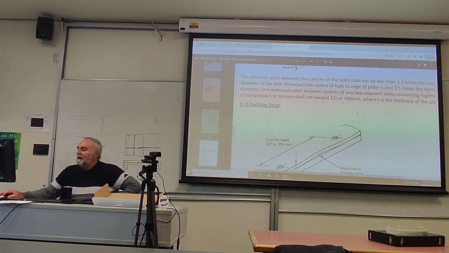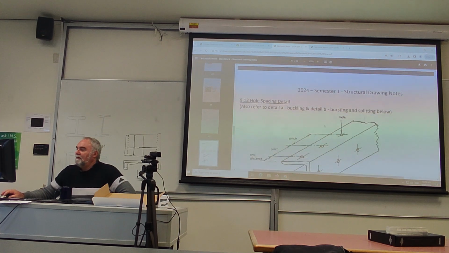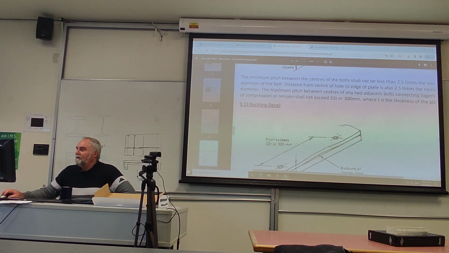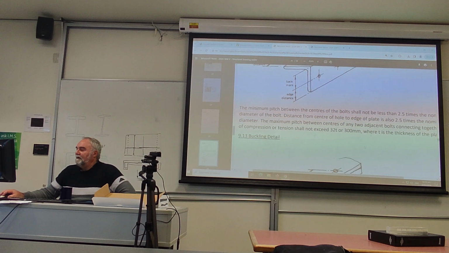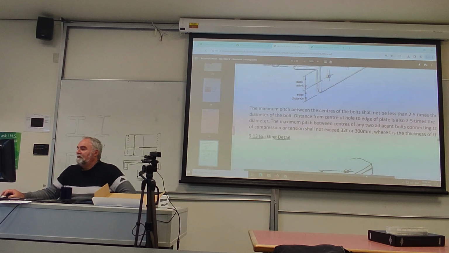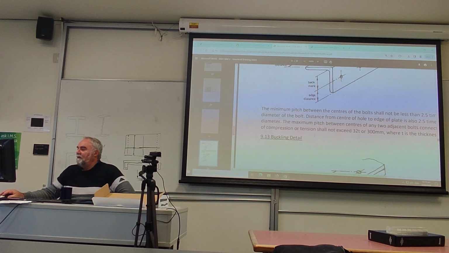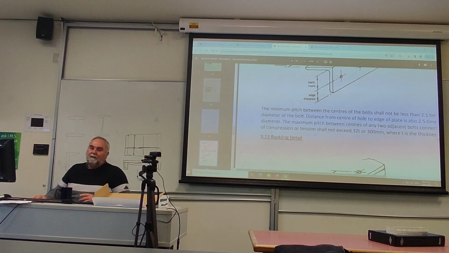The other one is, how close can we put them? How close can we put the holes? And the answer to that is 2.5 times the nominal diameter of the bolt. So if it's not the hole, it's the bolt. So a question I have for you is,